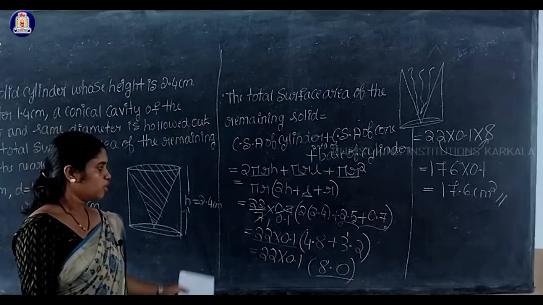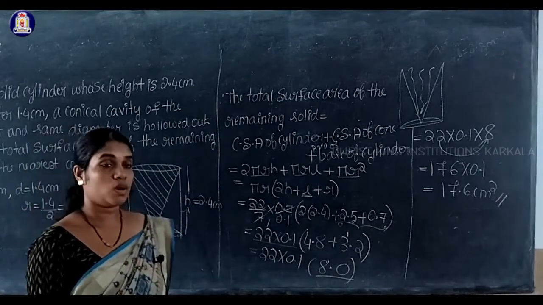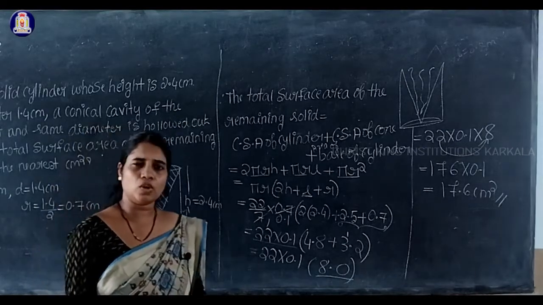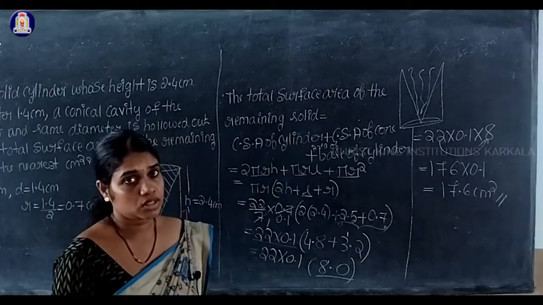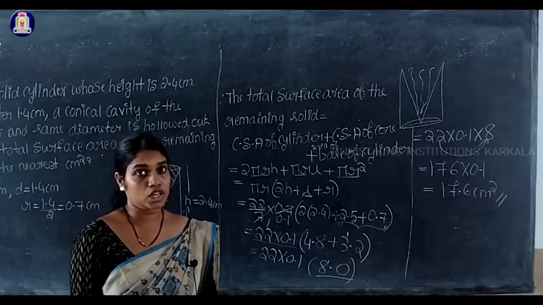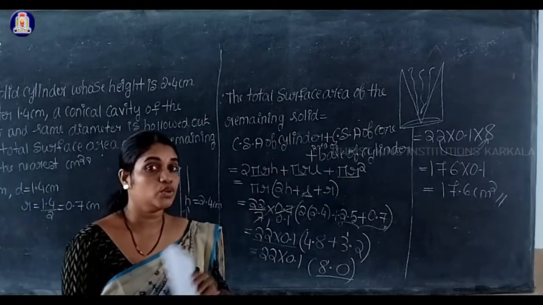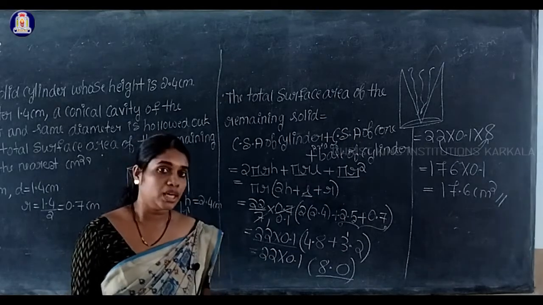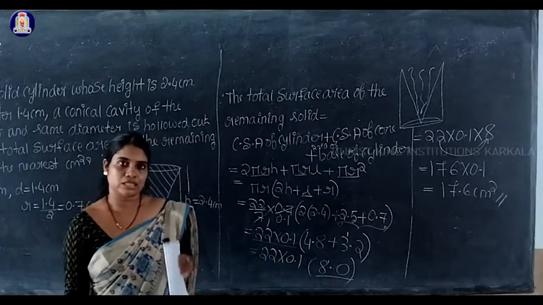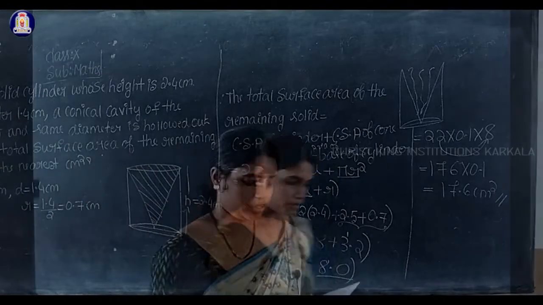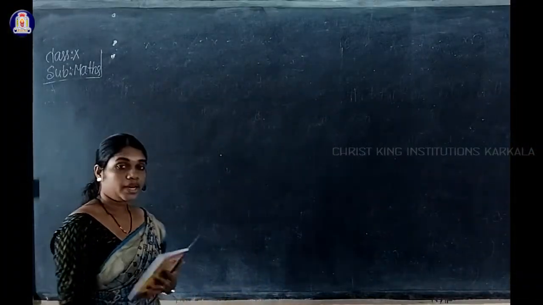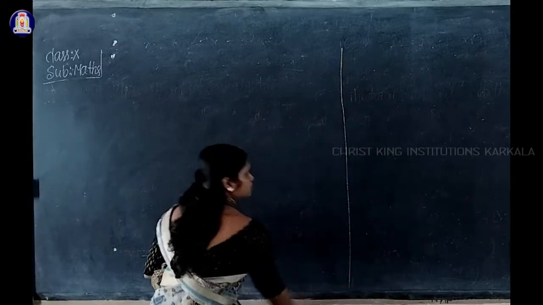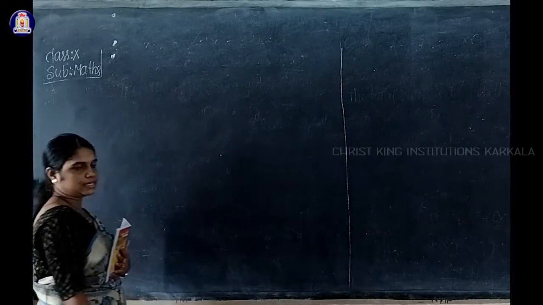See students, while you are substituting the numbers or while you are multiplying, be careful, because in this chapter you will be having only decimal numbers. Sometimes you will get confused, or you may make mistakes while multiplying decimal numbers. So therefore be careful, write and practice these problems. Next question, ninth question. This is the last problem of this exercise.